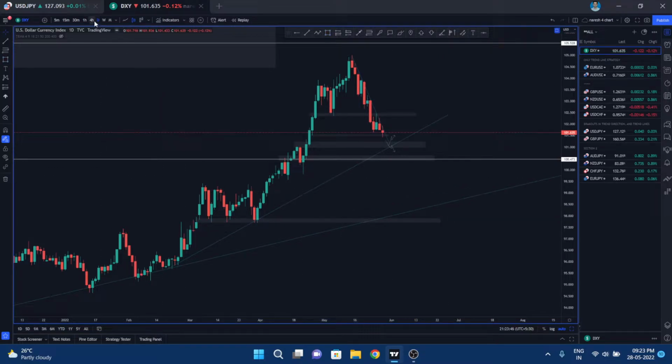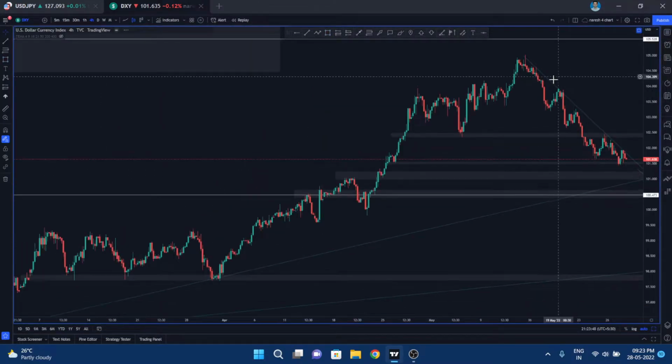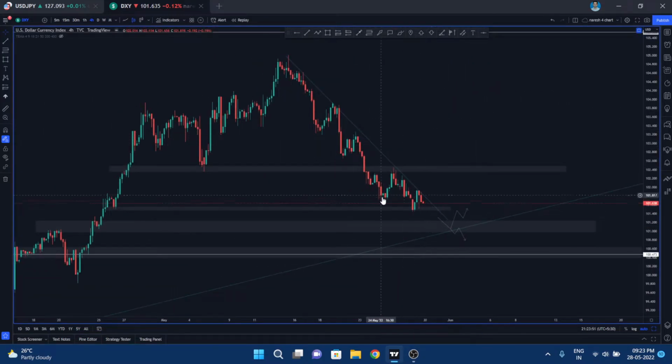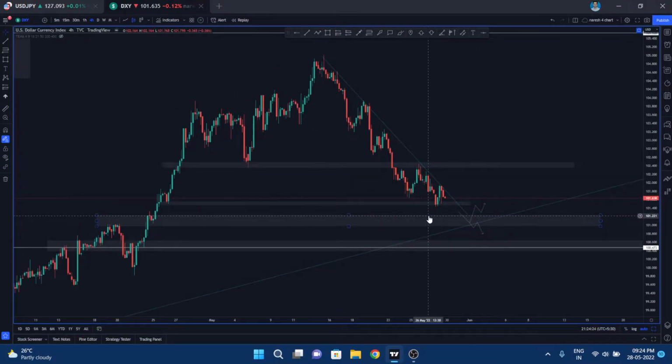Guys, if you hop into the 4 hour time frame, we are in a proper downtrend, and it is making a clear lower low and respecting this trend line as well. So on Monday morning, after breaking this level, if it is pulling back to this trend line, look for short entries, guys. The target should be around this area, because it's an important support and it is near the 1 day time frame trend line as well. If it is holding this trend line and breaking, forming the break of structure and forming a high, you can look for long entries in the 1 hour time frame or lower time frame.